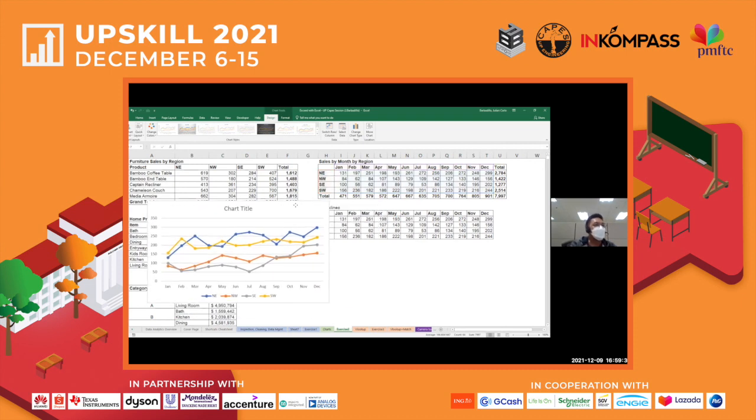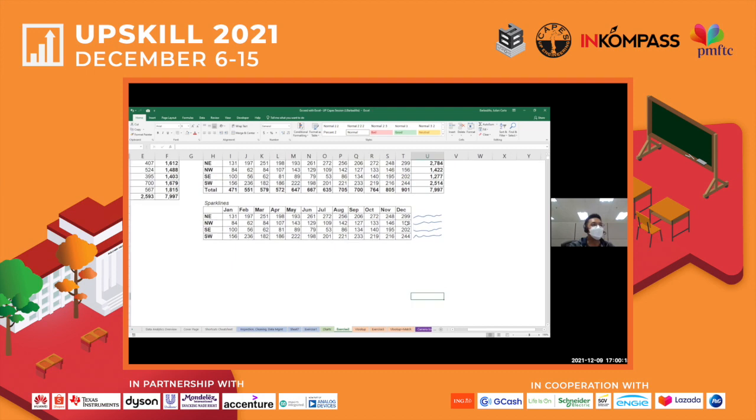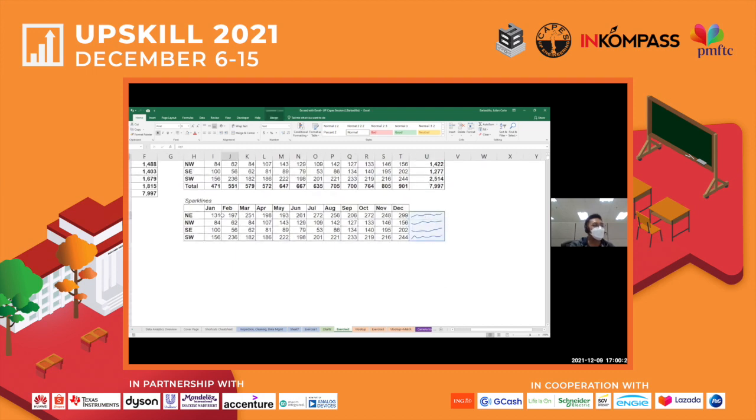Okay, so another way of analyzing trends in Excel is with the use of sparklines. Sparkline is a relatively new chart type in Excel. It is an in-cell chart, meaning the chart is built inside a cell, so it's easier to demonstrate. So I'll select this data and then bottom right, quick analysis, go to the rightmost sparklines, and then just click here. So what this gives us is a sparkline, a trend line,